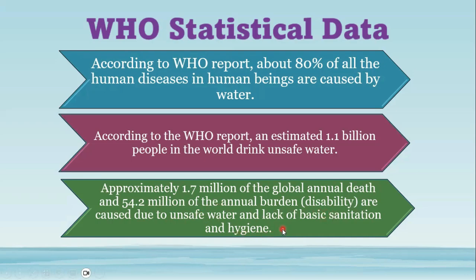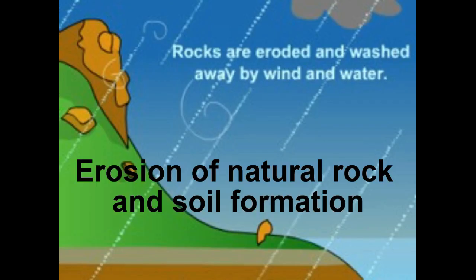Water is not hygienic, maybe the place and environment are not healthy to stay in. That's the reason water is affected. This is very important data that helps us understand the importance of water quality and safe water. So we can look at the sources of contaminated water. What can be the sources of contaminated water? Let's have a look at this video.